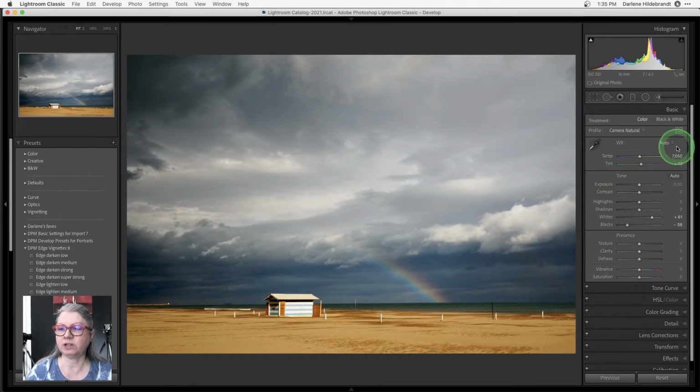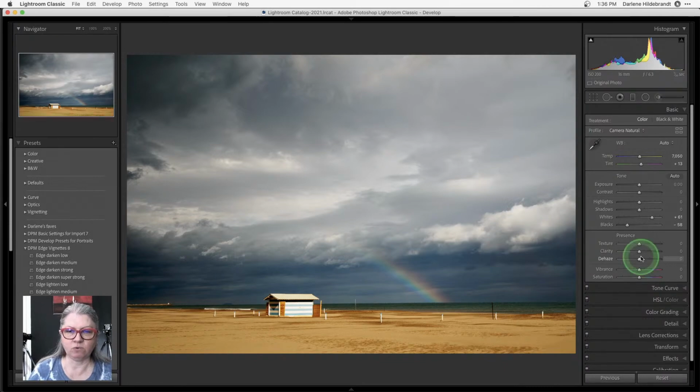Notice that when I did the auto white balance, it made it even more yellow. So I want to really enhance that sky and bring out more of the texture. There are a few ways you can do that in Lightroom. But first I'm going to darken this bottom area as well. A couple of little tricks.